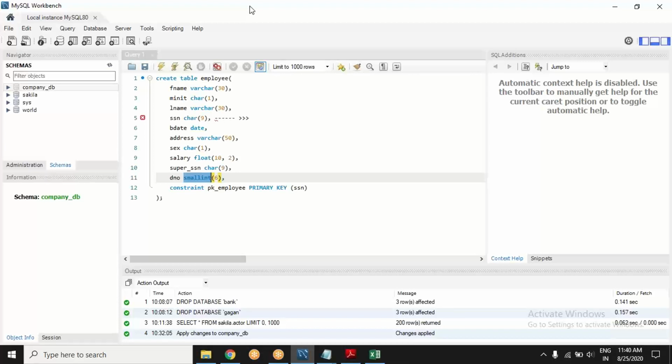It is small int because it is taking only department numbers. How many departments would a company have? So they are representing each department by a single digit, maybe 0, 1, 2, 3. It is always a one-length number. So I think small int can do justice here.